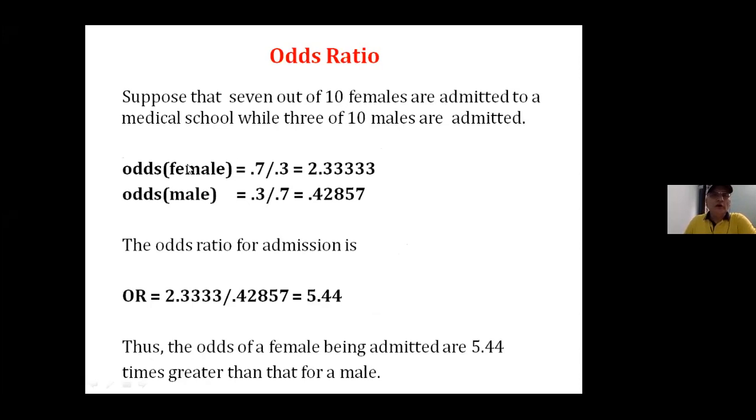So look at the odds of female. Odds of female will be 0.7 divided by 0.3, this much. Odds of male will be 0.3 divided by 0.7, this much. And if you take the ratio of these two odds, that will give you odds ratio. So if I take this divided by this, what is the meaning? The meaning is that the chances that the females will be admitted to a medical school are 5.54 times higher